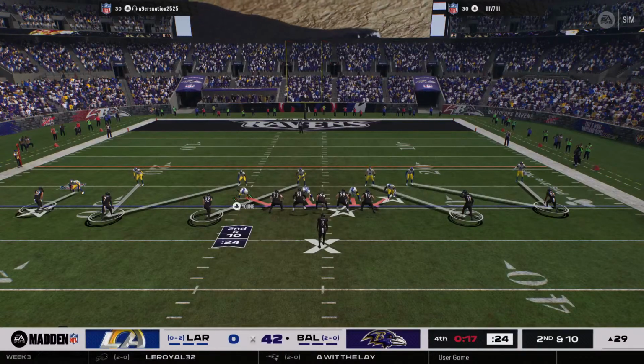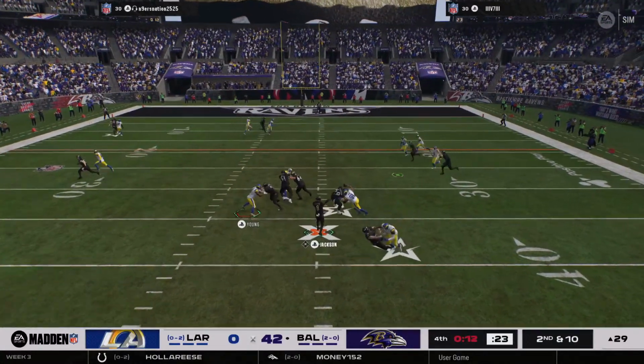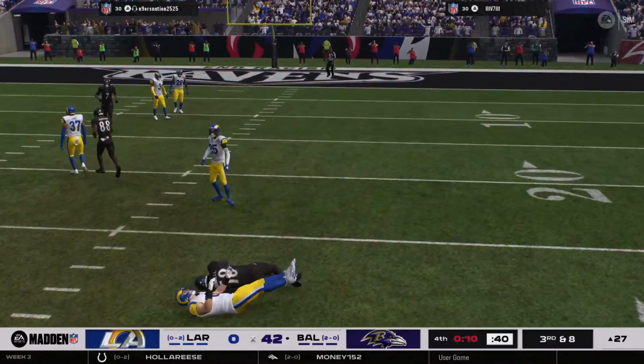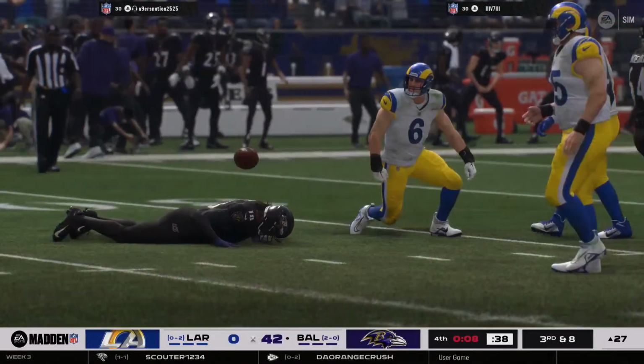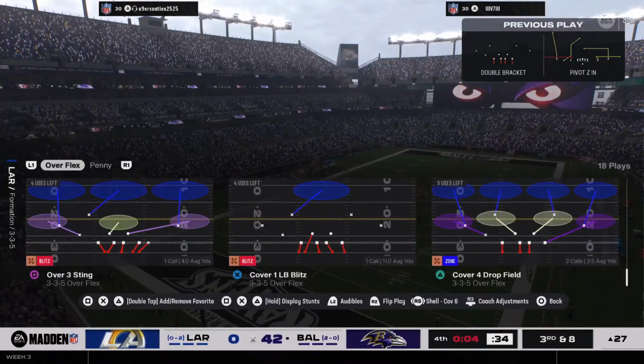Ready. Right shot. Again, it's Jackson to the air. Looking right, and he finds him. And he's brought down after a short gain. It's a gain of 3. Brings up